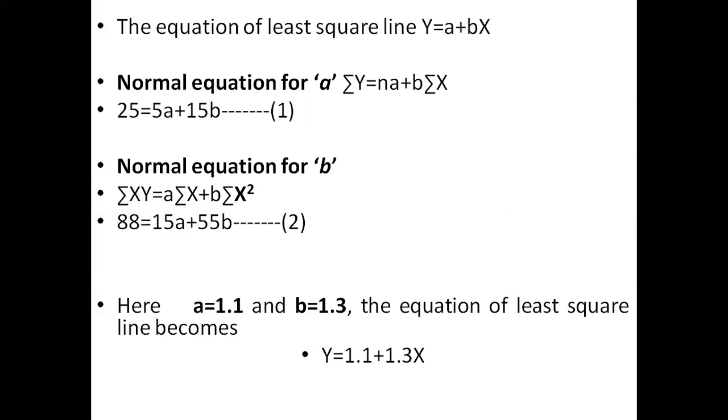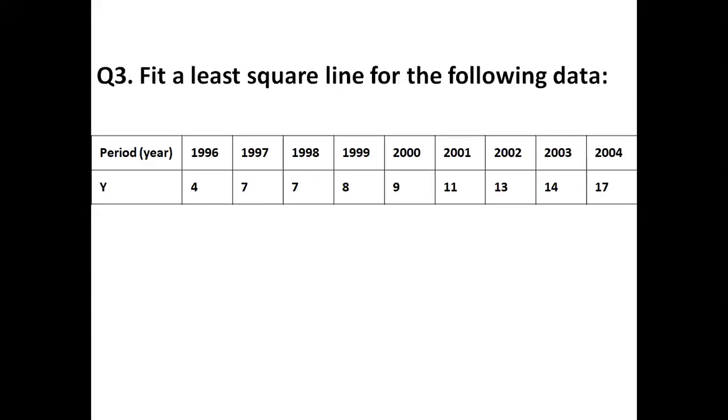So we will solve one more numerical related to the regression calculation with the help of method of least square. So we move to the question number 3. As we can see here, the number of years are given and the value of y is given in this particular question. So here the question arises, what is the value of x? Because we need to know the value of x to insert in the equations for calculating the value of a and b. So how do we solve it?